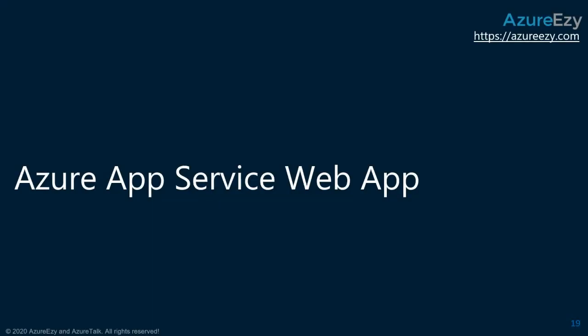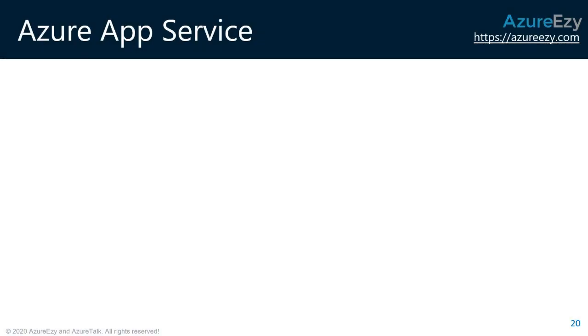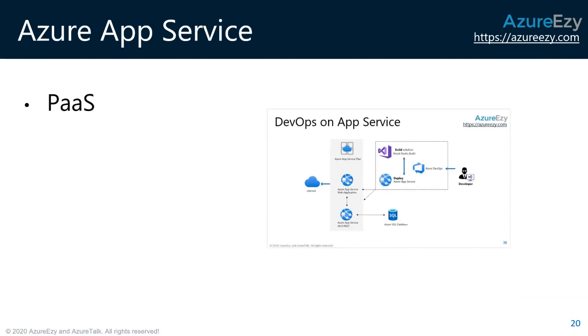App service is another platform as a service solution which you have. This is very much similar to Azure VM, except it comes under the platform as a service category. In platform as a service category, you don't really have to deal with operating system. All you need is a